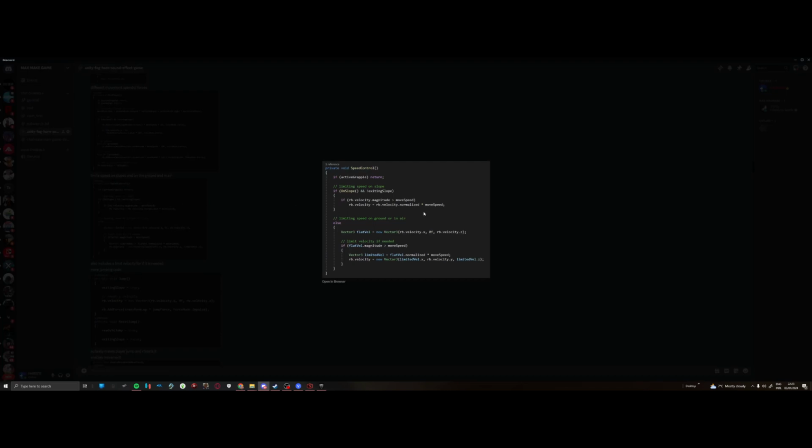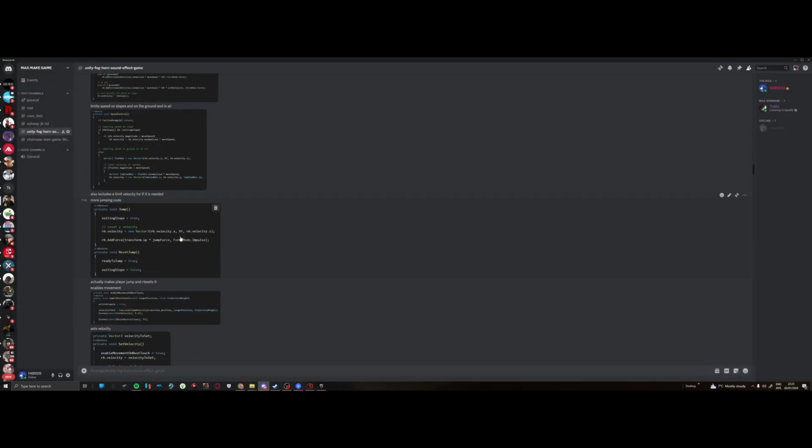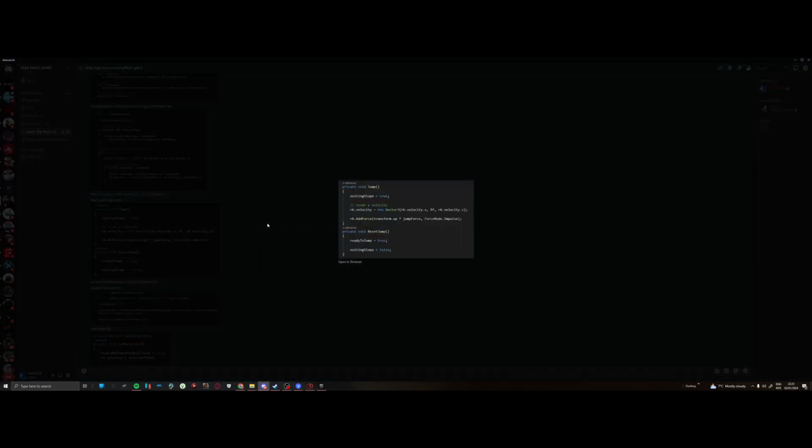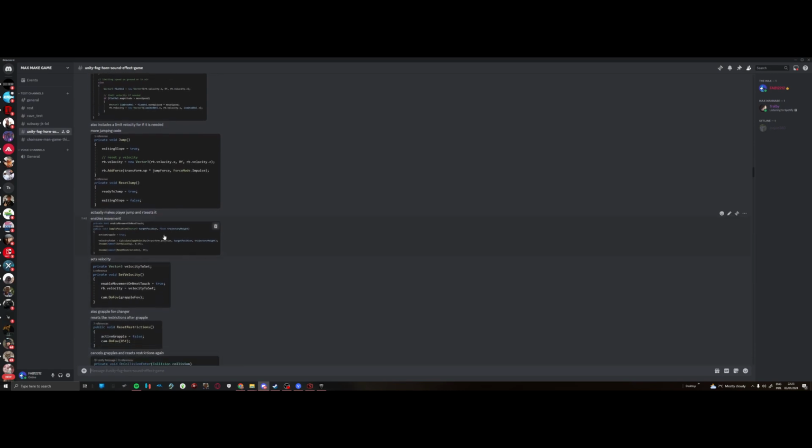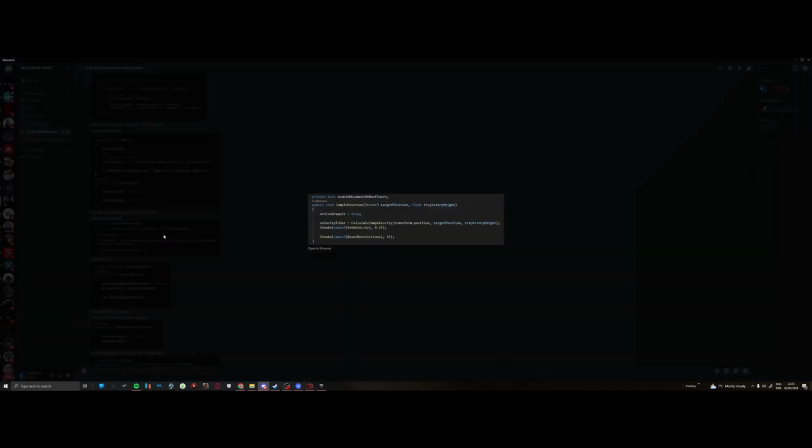This limits speed on slopes, on the ground and in the air. More jumping code here. It was quite important to do this as well, so that if you're in the air you were able to move a lot faster than if you were on the ground, and you'd have a lot less friction. This just enables movement,